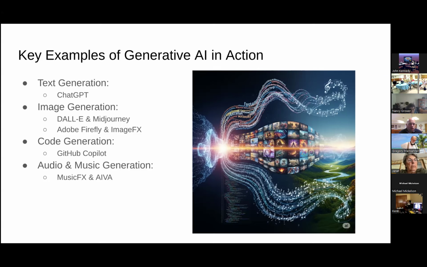And then the final category of examples would be audio and music generation. MusicFX by Google and a tool called AIVA. That one's new to me. Those models can compose original music pieces or generate soundscapes based on descriptions. Again, if you're looking to get famous by creating AI music, I would not say to use the prompt in the style of X artist unless you want to be sued. The impact is it's opening new avenues for musicians, content creators, and game developers, allowing for bespoke audio experiences.